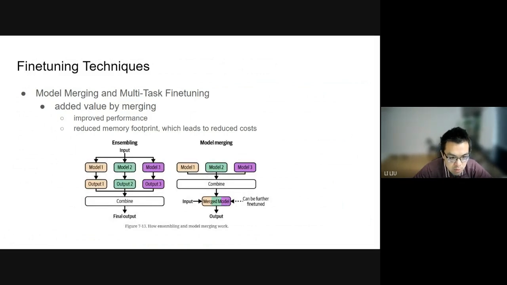Another technique is called model merging and multitask. In this visualization, you can see that merging the model is different from ensemble. You might not be unfamiliar with the term ensemble, which is very commonly used in the machine learning world, such as random forest, a type of ensemble model where you combine and aggregate the results from different tree-based models. As you can see, basically we combine the outputs of different models to get the